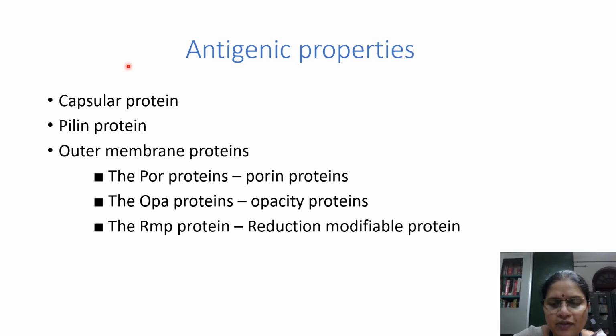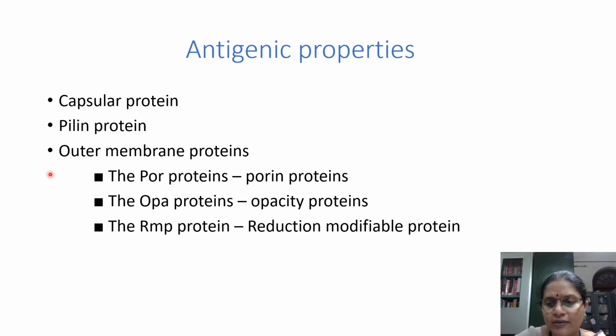The last character that we are going to see about this organism is antigenic characters. In a fresh specimen, as I said, they will usually be capsulated. So capsular protein can act as an antigen. And of course, as I said, they will have pili on their surface. So this pilin protein, a very important virulence factor, can also act as a very good antigen. And apart from these two antigenic proteins, we have so many other proteins present in this organism, especially on its outer membrane. See, as I said, this is a gram-negative cocci, so it will have a very complex cell wall on its surface apart from peptidoglycan.